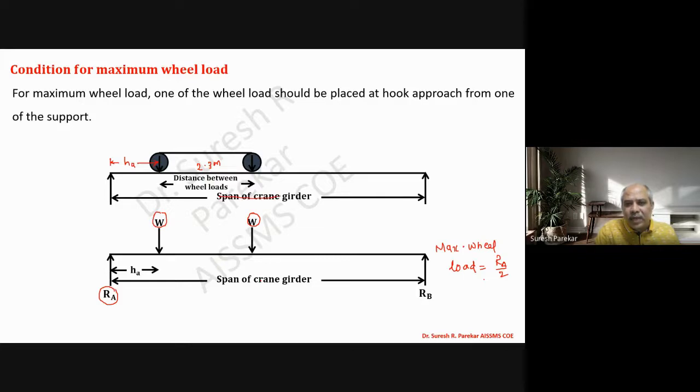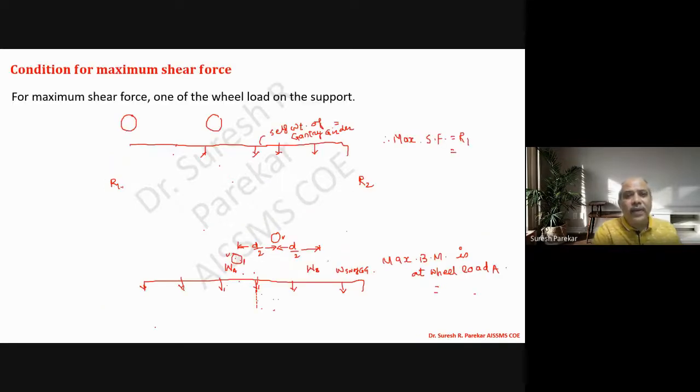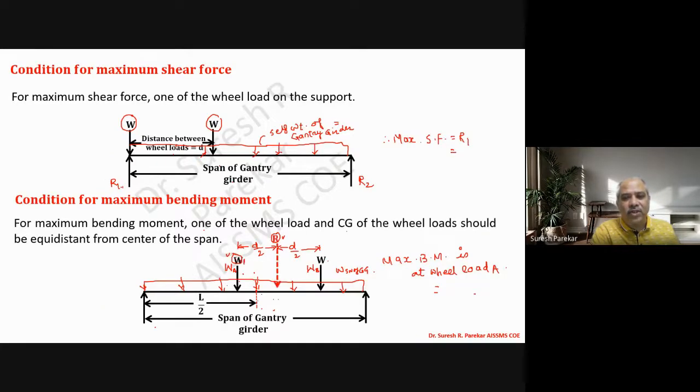Do not write span of gantry girder. Here you write down, if you have 20 meters, then write down 20 meters. If the wheel load is 120, then you can write W 120 kilonewton or 180 kilonewton, whatever you have. So likewise, you have to complete this sheet of gantry girder.